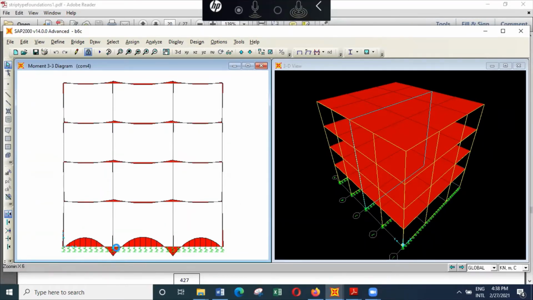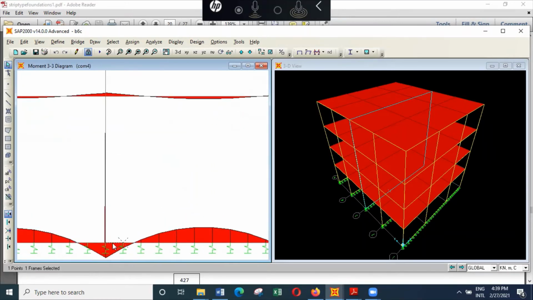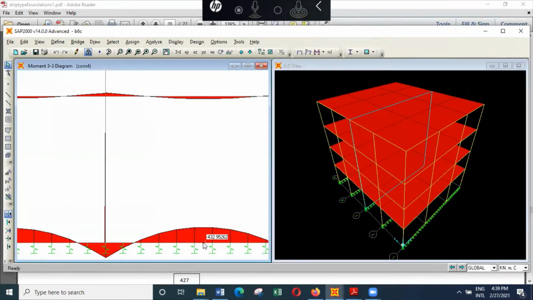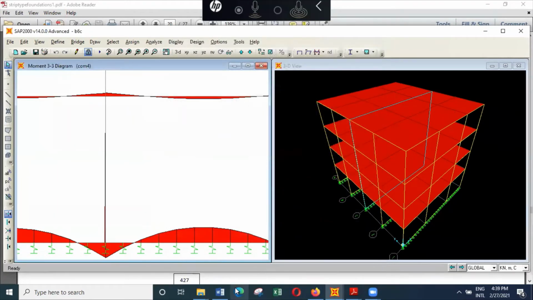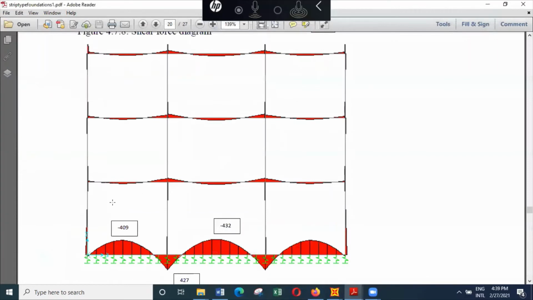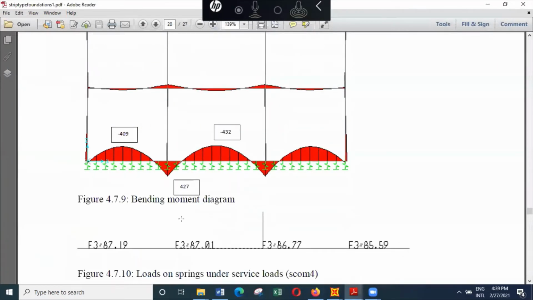And if I look at this particular one, here you can see 427, and here you can see 432. So those are the values that are used in the note: 409, 432, 427, and the spring constants,